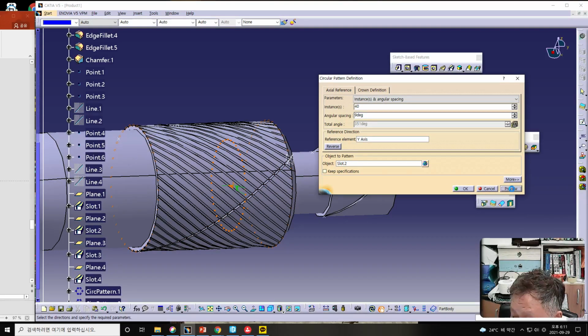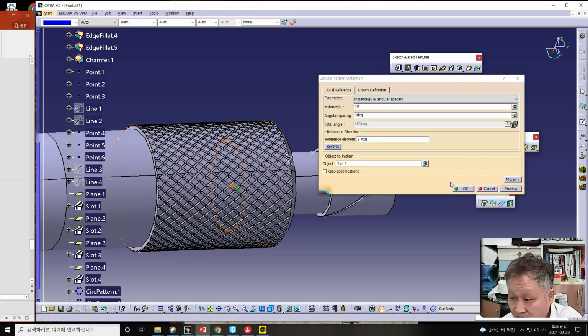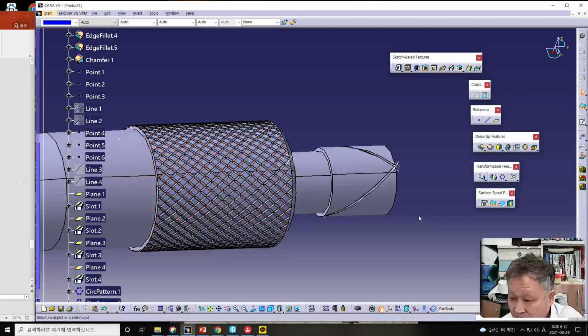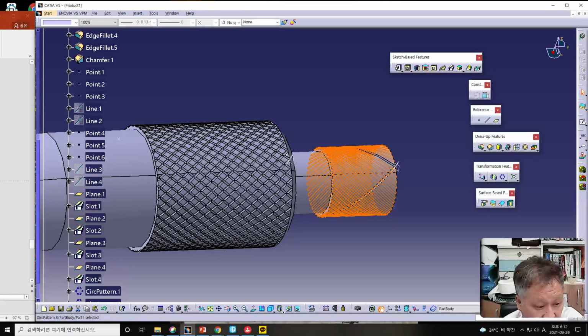Then if we please click preview, and if we click OK, then also the dramatically appeared slot can be made in this operation also. Of course, and once again please click this one, and object select this one, and y-axis should be making again, and